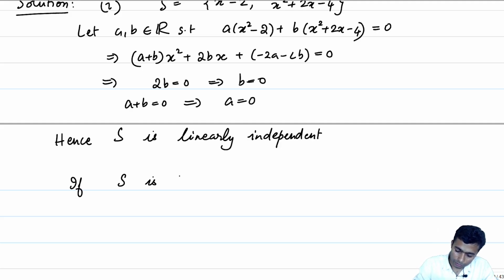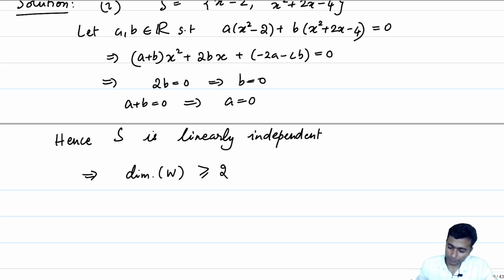So what is the meaning of S being linearly independent? That means that the dimension of W is greater than or equal to 2. Why is that the case? That is because every linearly independent set is contained in a basis, and therefore S being linearly independent means that there exists a basis of W which contains S, and therefore it should have at least size 2. So the dimension of W should be greater than or equal to 2. Now, if S is not a spanning set,